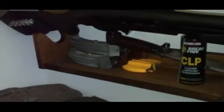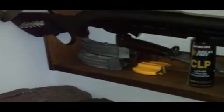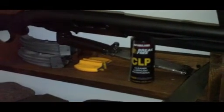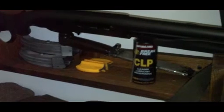And then I got my shotgun, and there's two of the 1022. That's probably something I can do. I haven't done a video on my 1022. Maybe I'll do that next. Yay, old CLP. I got a can of Ballistol in here somewhere. My Romanian